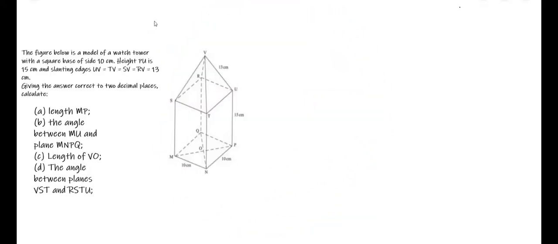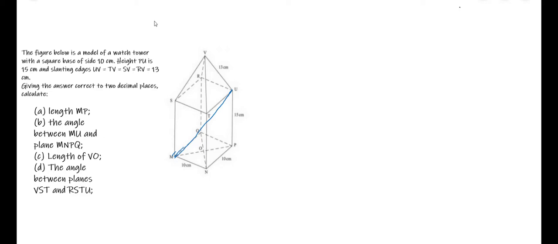In this video, we shall do part B, and part B is asking the angle between the line MU and the plane MNPQ. So the first thing we do is we join M to U to get the line MU. So we want to find the angle between the line MU and the plane MNPQ, which is the